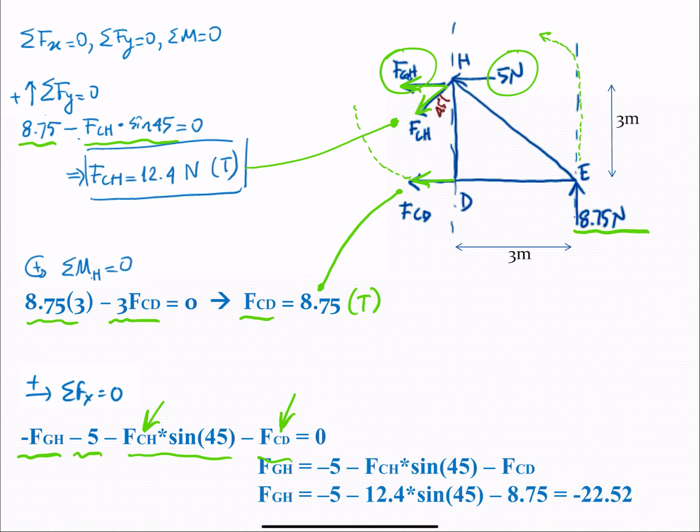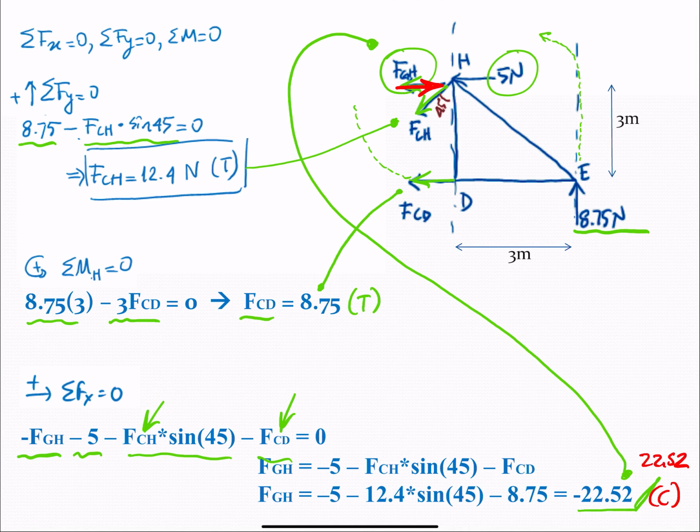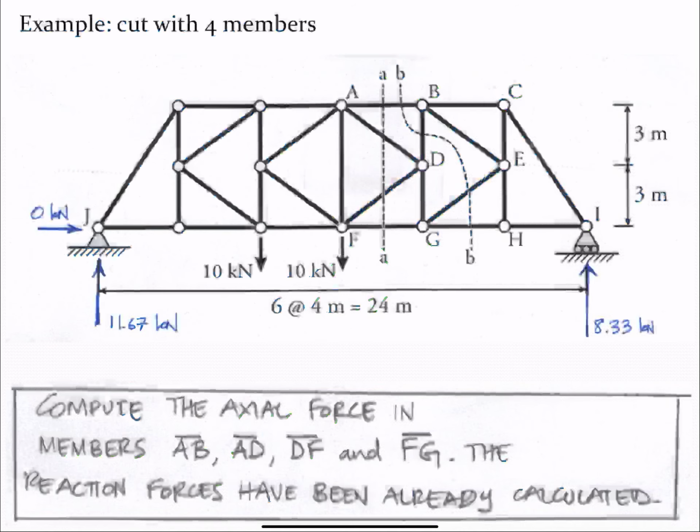FGH is minus 22.52, which means that the sign of this force is wrong, and the force should go into the member, meaning that it is compressive: 22.52 compression, which happens to be the same force that we found in the method of joints. The last example